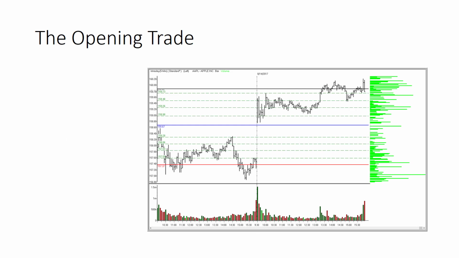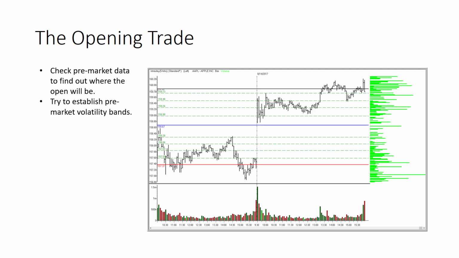So since you know the stock's going to gap, what's really important is that you check that pre-market data, figure out where the open is going to be, and then try to establish some pre-market volatility bands. In today's case, on this August 14th trade, the pre-market data was a little bit sketchy, so there wasn't really a good set of bands that we could draw, but we were able to anticipate at least where the open